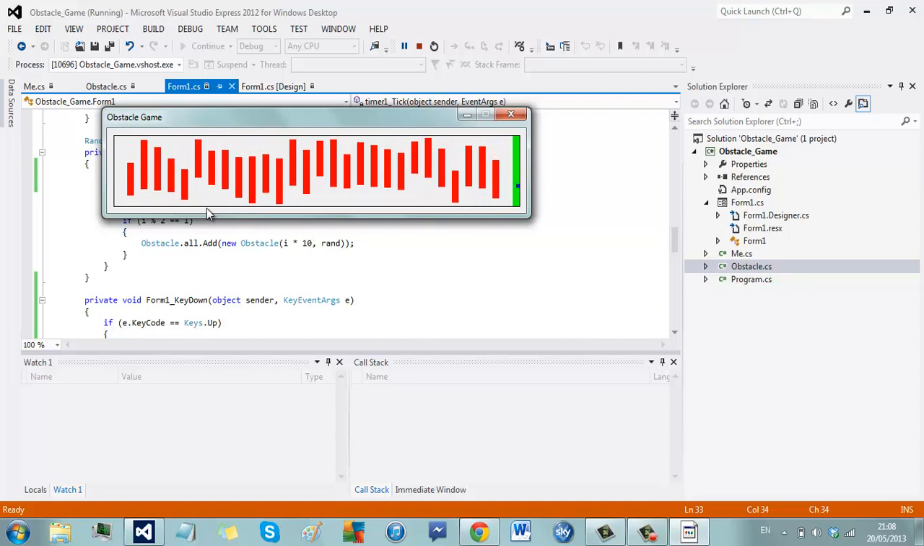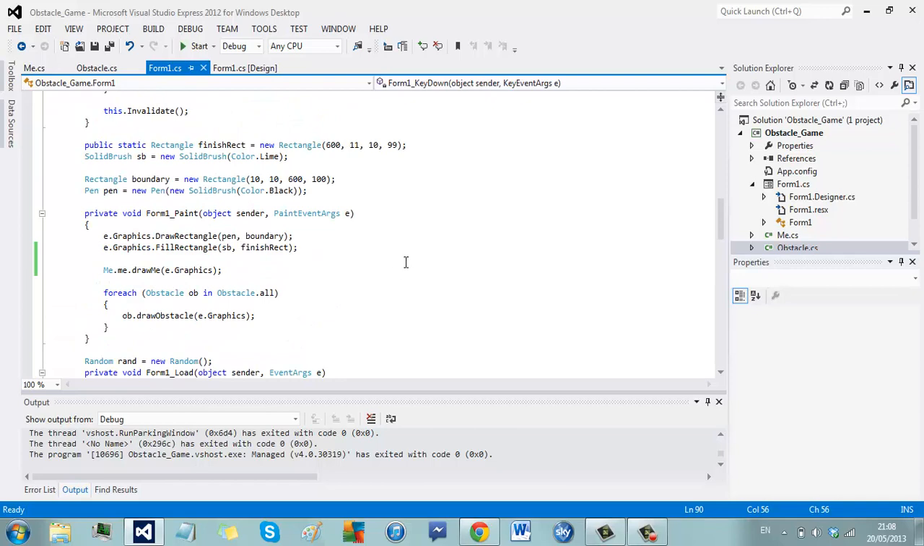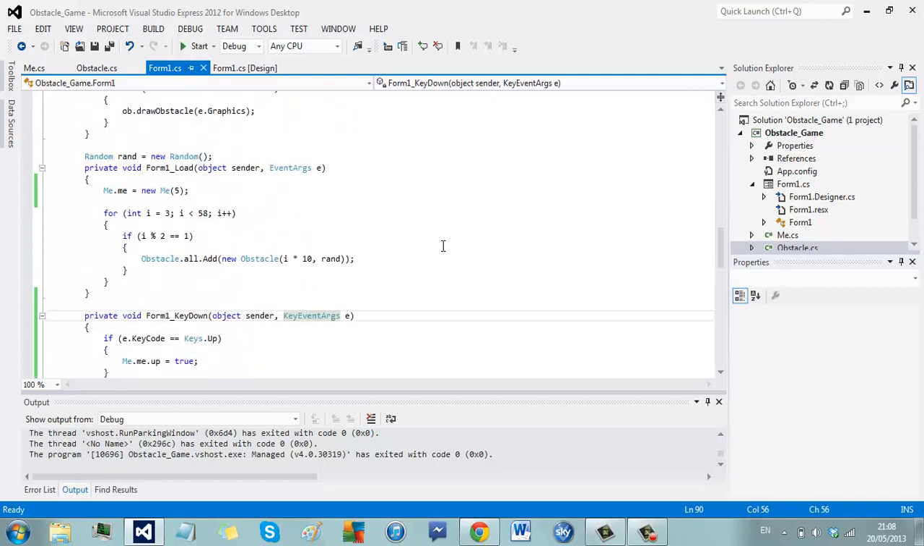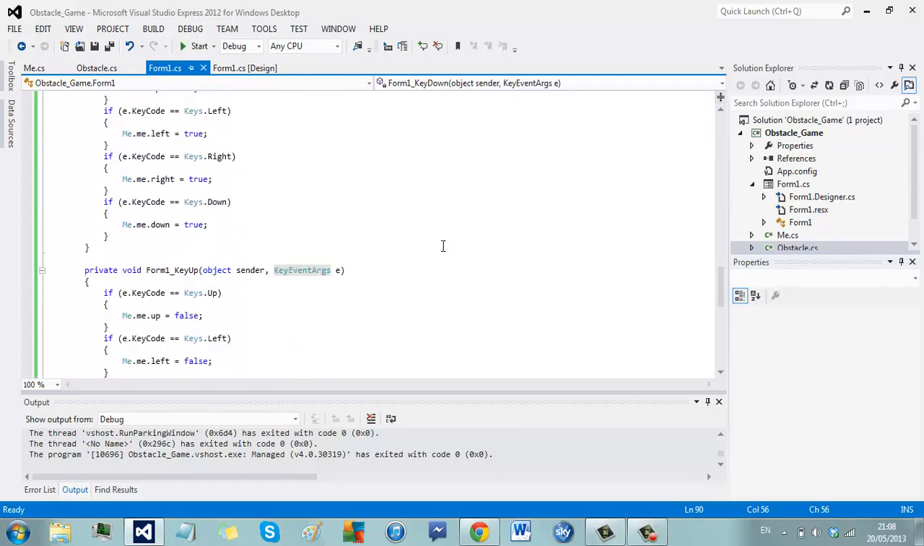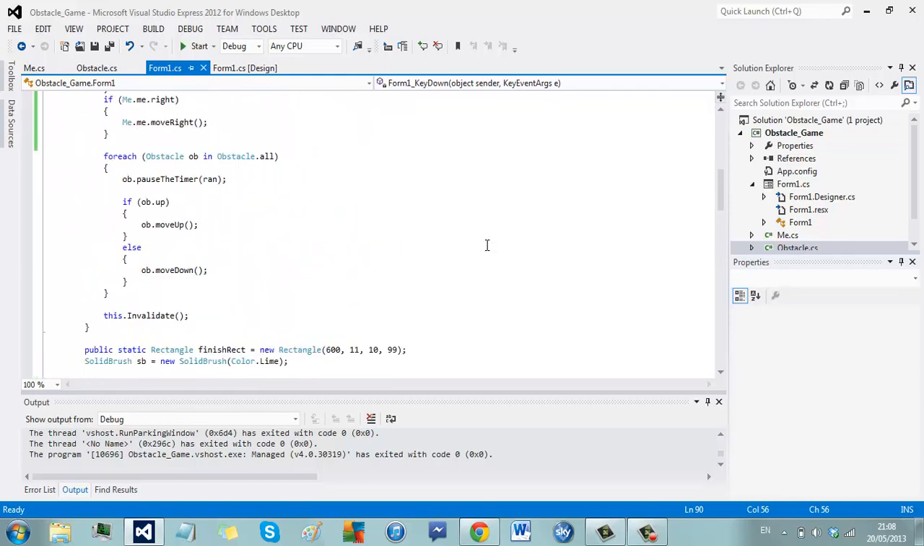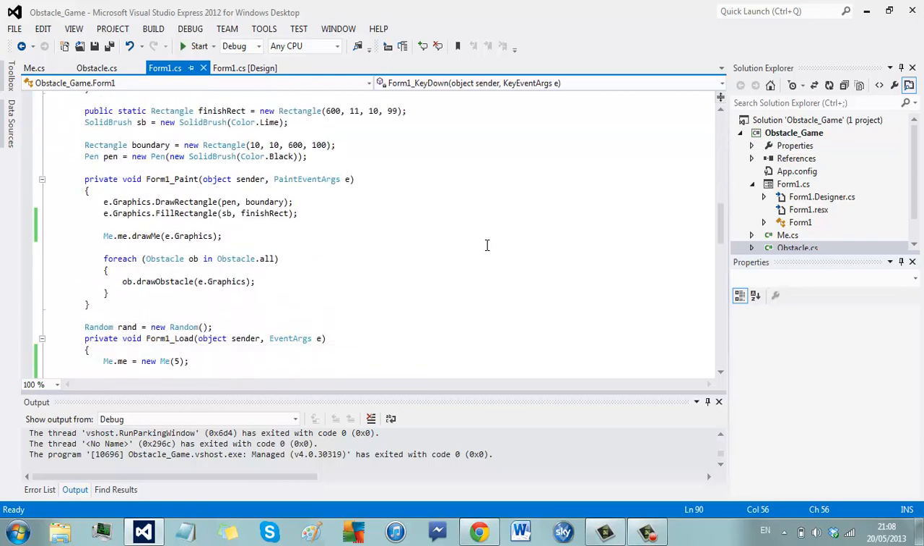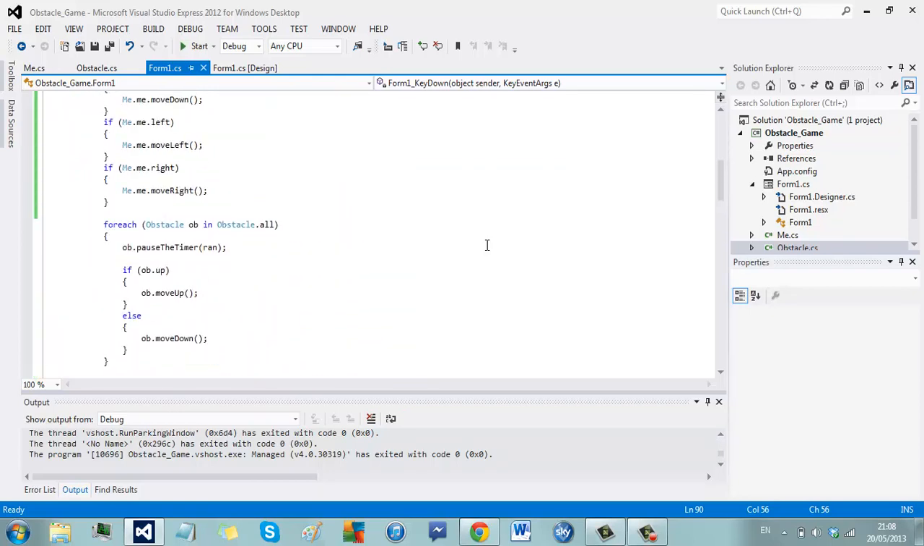I think the final thing I'll actually do is check when we've won. So to do that, I need to check on this rectangle here, which I made a static rectangle, when it intersects with our me. So where could I do this? I think I'm going to do this in the timer as well. Let's have a look. Where's the timer? Actually no, I think it'd be more efficient if I did it in the paint. A paint event, which I'm having no luck,